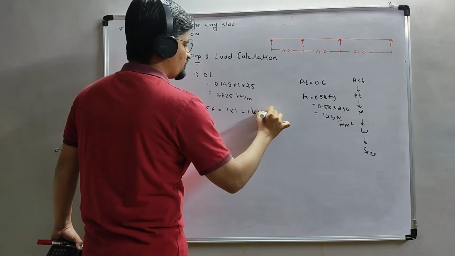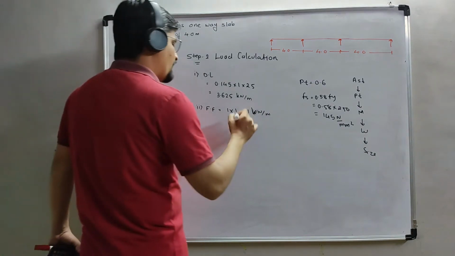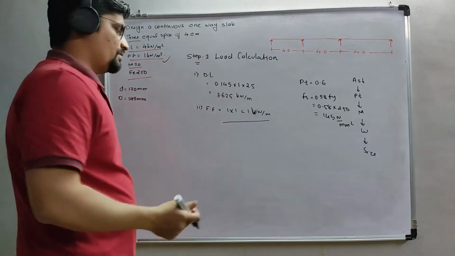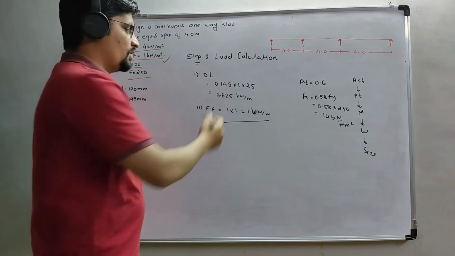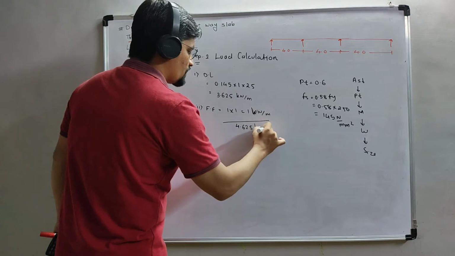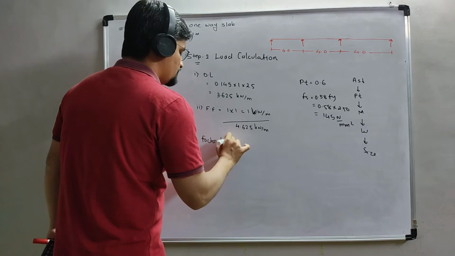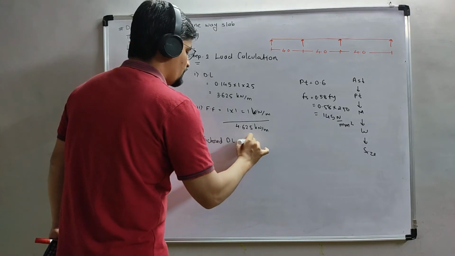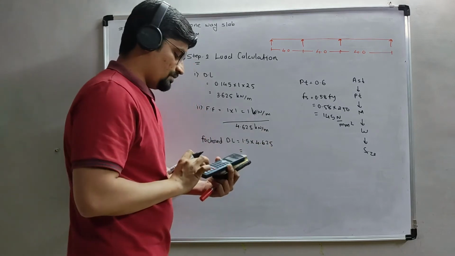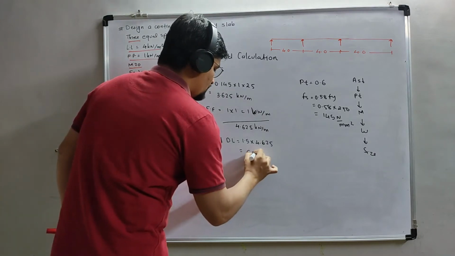Now here we need to separate both loads, the dead load and the live load. Why? I will explain you later. So floor finish is one type of dead load, so it will be considered in the dead load portion. So total load is equal to 4.625. So factored dead load is equal to 1.5 into 4.625, which will be 6.937